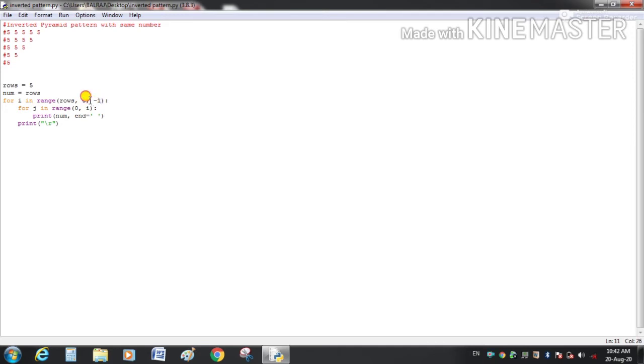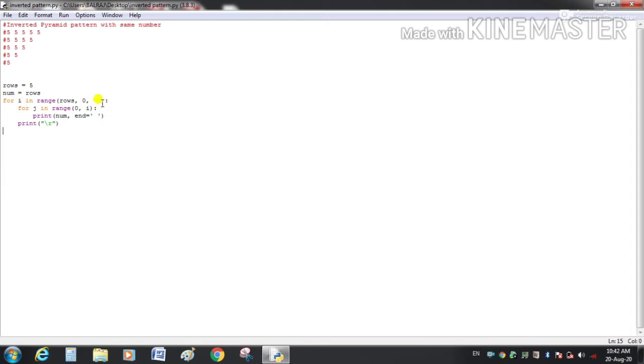So the first two are our range from 5 to 0, and this is our loop step, means after executing the loop, the value of the i will be decremented by -1. So this is the step of the loop.